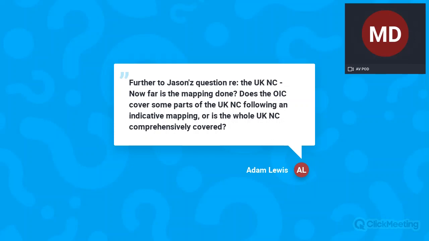Okay, further to Jason's question regarding the UK National Curriculum. How far is the mapping done? Does the OIC, I think I cover some parts of the UK following an indicative mapping, or is the whole UK NC comprehensive? I kind of touched on that earlier, saying that we ensure coverage at 80% or more, but